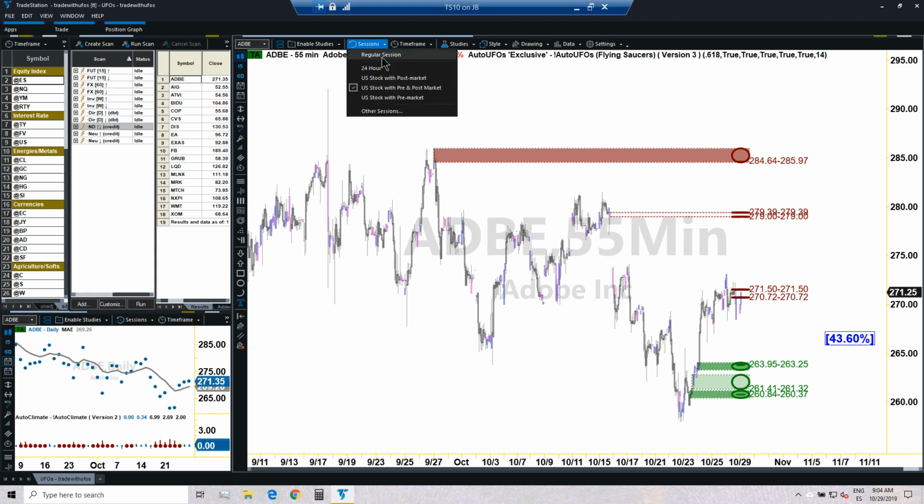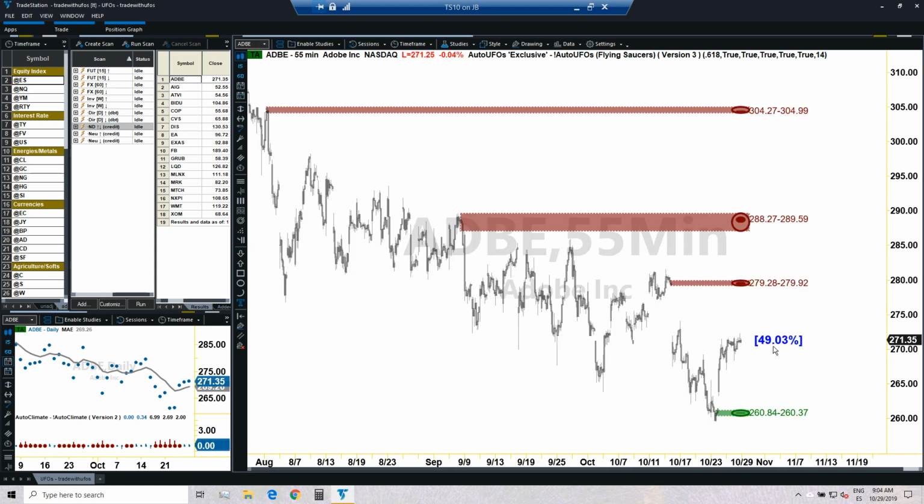Therefore, we're going to go for regular session. For directional trades, by the way, I would not be happy with 49%. But given the fact that we are doing non-directional trades, we'll take 49%. We've gone as low as 48% in the case of non-directional trades, given that we make money on time passing and there are other factors helping the trade, so we are okay being a little flexible there. In normal cases, you always want this figure to be 50% or more, isn't it? But for non-directional, we can make an exception.